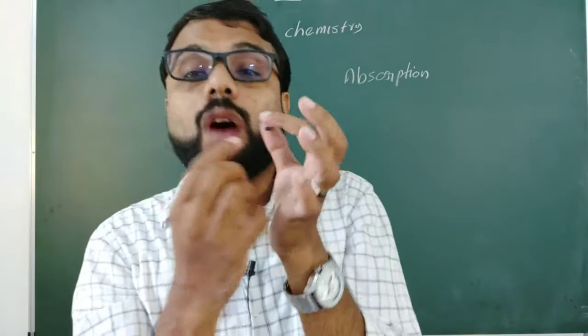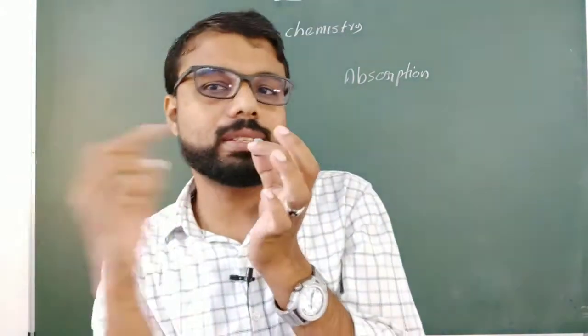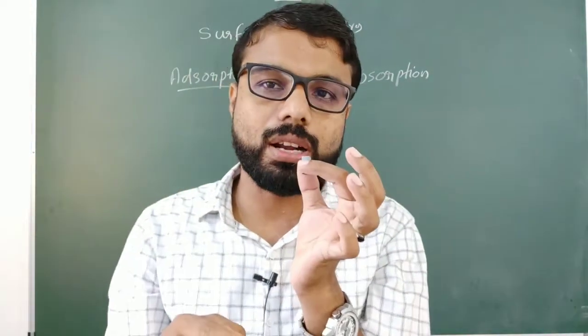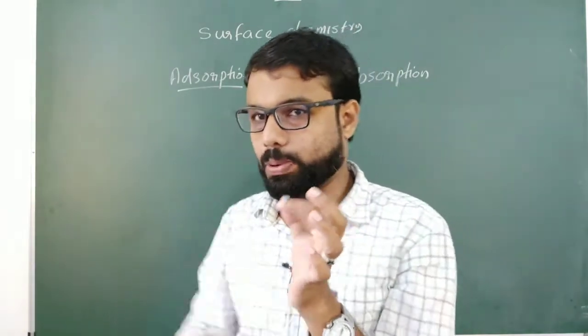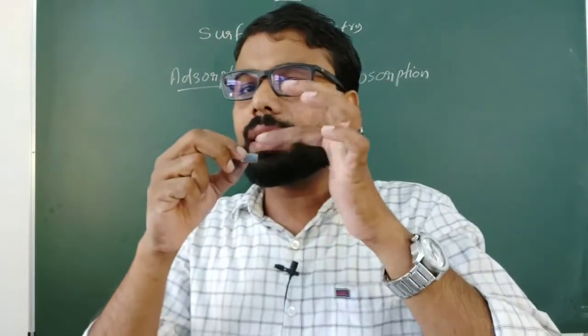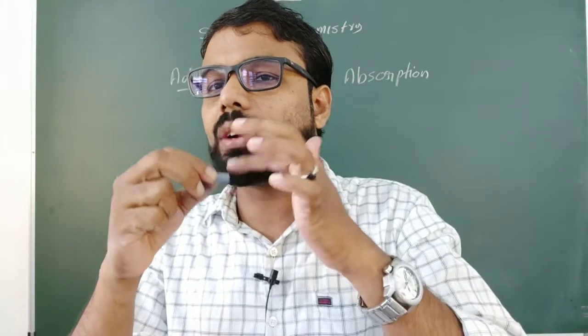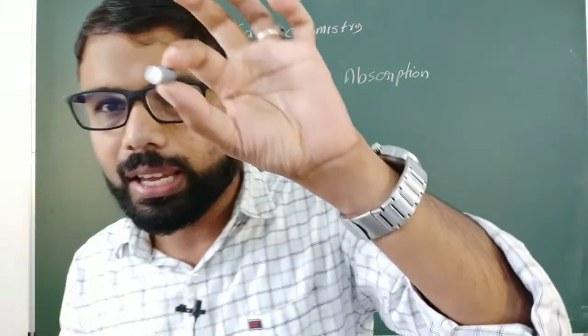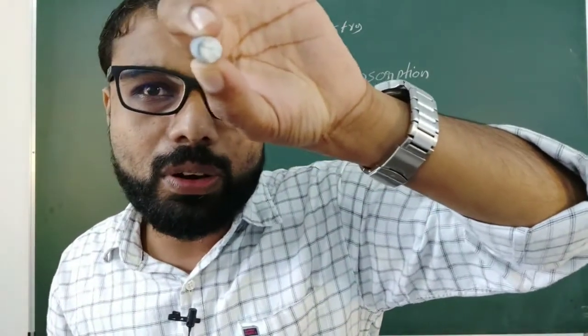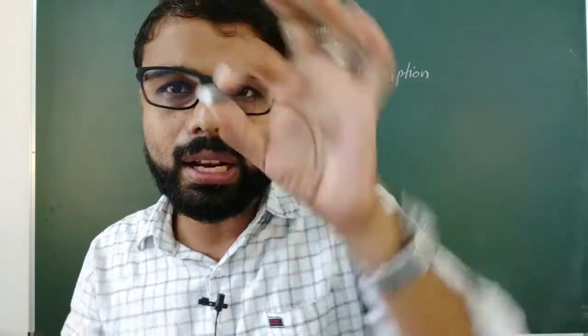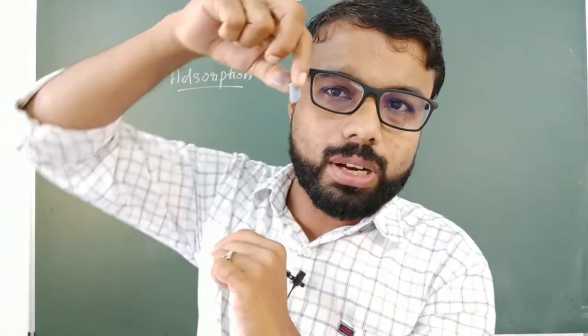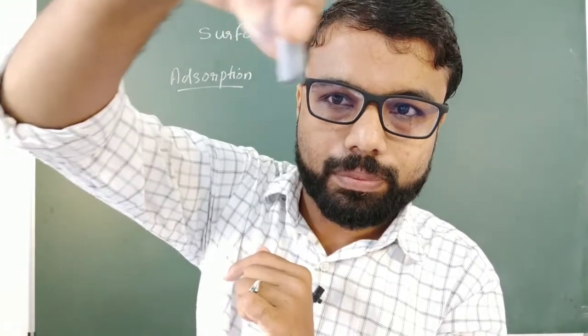That means the water in the ink is going inside. That is called absorption. A-B, absorption. But the ink particle is attracted or retained only on the surface. That's why in the inner side you are not seeing black color, but on the outer surface you can see black color.